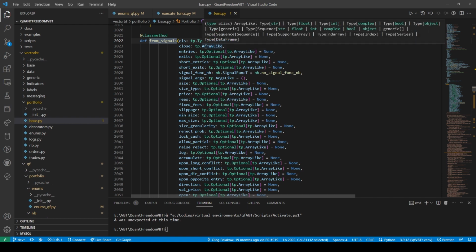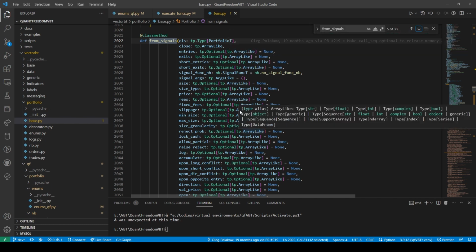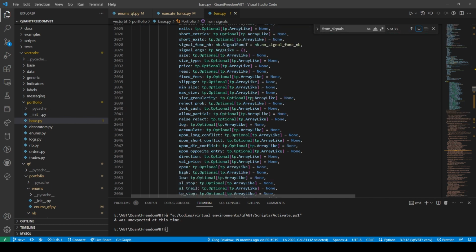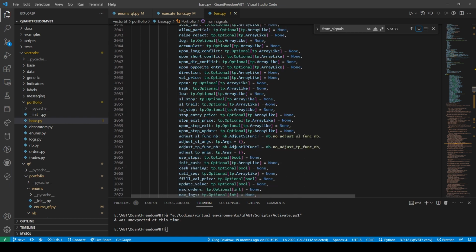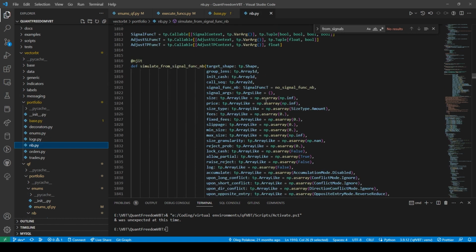So close is array like. Type string float. Supports array type nd. Where is one where you have to be a one-dimensional array? Type ndarray.